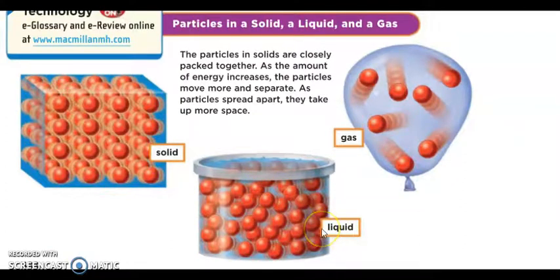a liquid has a definite volume, but an indefinite shape, taking the shape of its container. For example, water. If I put water inside another container, it takes the shape of the container we put the water in. If I put the water here, it has a square shape, and if I put water here, it takes this shape. And if I put the water in a balloon, it will take the balloon shape. So it takes the shape of